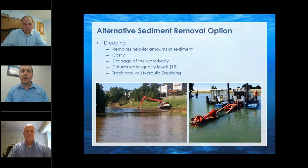So you typically need a lot of space to dredge. You need some type of storage area to allow that material to dewater. Or you have traditional dredging, which may involve lowering the water level to the point where you've actually drained the water body, which can be difficult in certain circumstances, not impossible, but definitely a different process than hydro-raking, which is, again, more maintenance. So I think that's probably all we'll say about dredging. Maybe we'll have a future webinar on dredging at some point. So we'll move into another